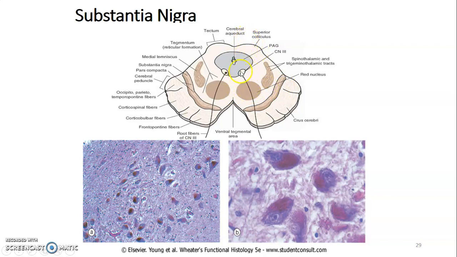You give L-DOPA. You cannot give dopamine because dopamine will not cross the blood-brain barrier. So you give L-DOPA, it crosses the blood-brain barrier, then it goes and raises the brain dopamine levels. So you're able to control the symptoms of Parkinson's disease. So that just shows you how you lose the pigmentation